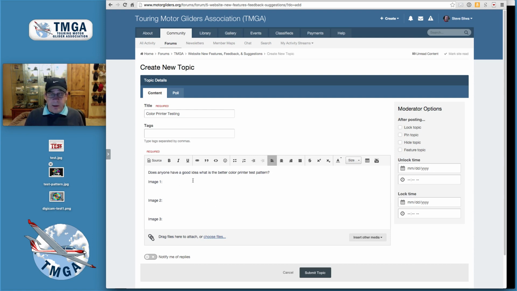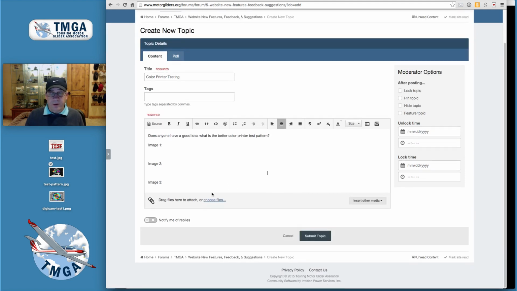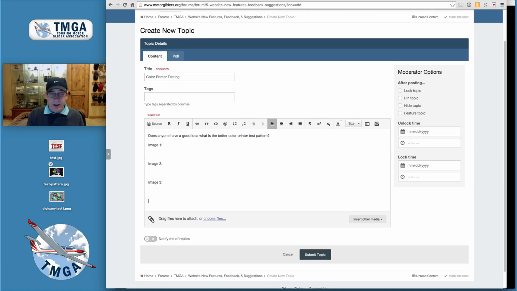So right now what I'm going to do is come in the middle here. I'm just going to put the cursor in the middle, do a return, and put it in the middle. Now I'm going to show you how you can put in